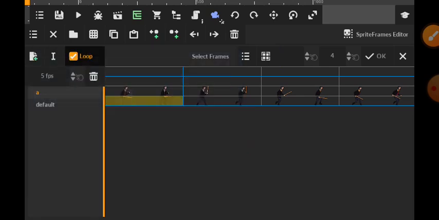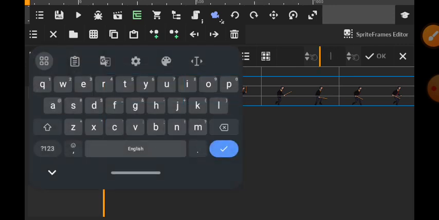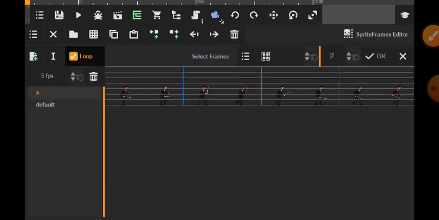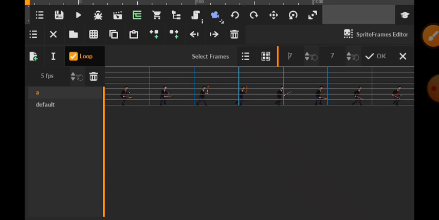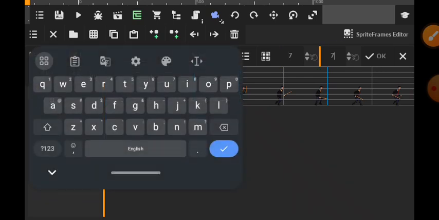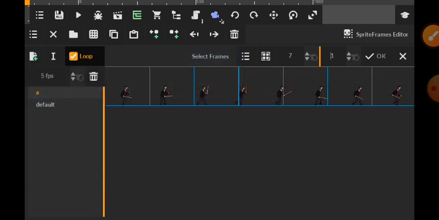You see we have 1, 2. Okay, let me set it up so that you can understand it. We are setting it up, so it doesn't matter. This one is 1. Okay. You see,